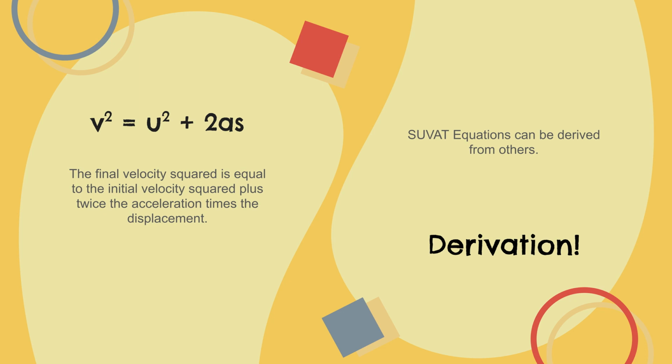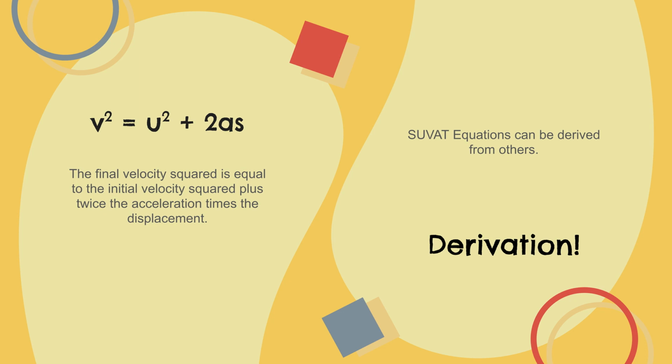Finally, we have the equation v squared equals u squared plus 2as, and we can derive this from the equations we were already given: v equals u plus at, and s equals the sum of u plus v times t divided by 2. From the equation v equals u plus at, we can represent the final velocity squared as v squared equals u squared plus a squared t squared